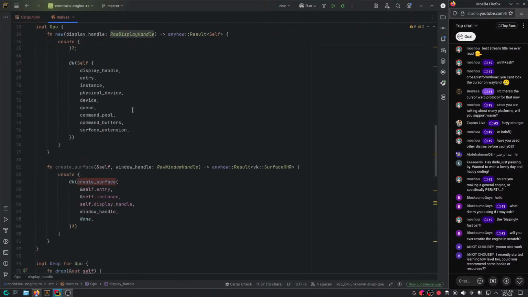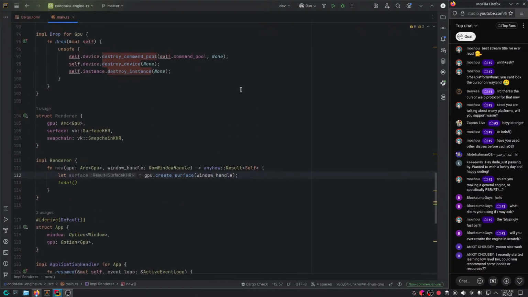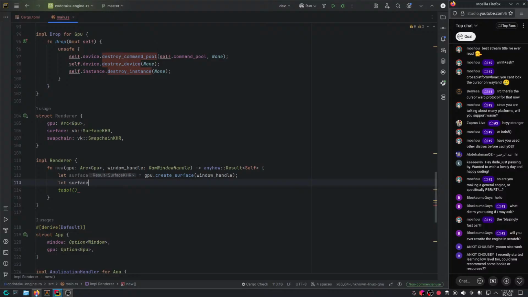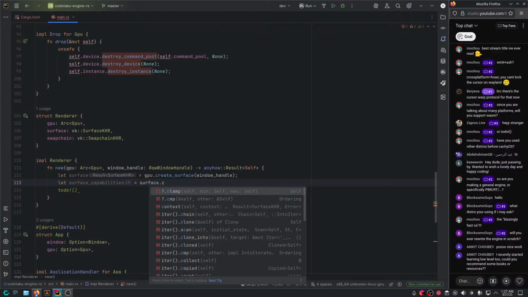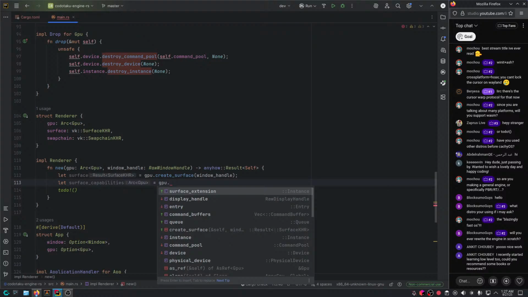Fine, never mind. And now what? So we created the surface. Next up, we should probably take the capabilities of the surface. Is equal to surface dot capability. Well, GPU get